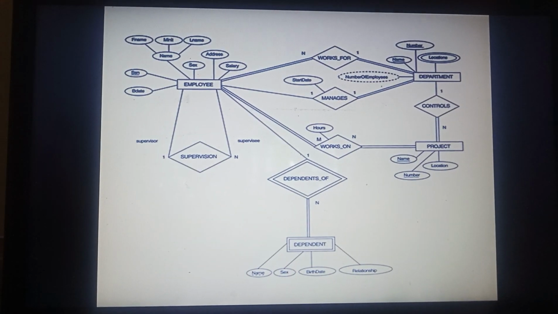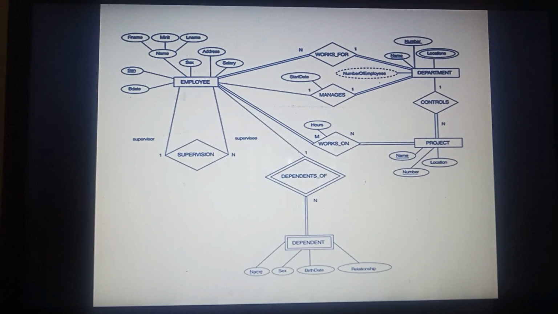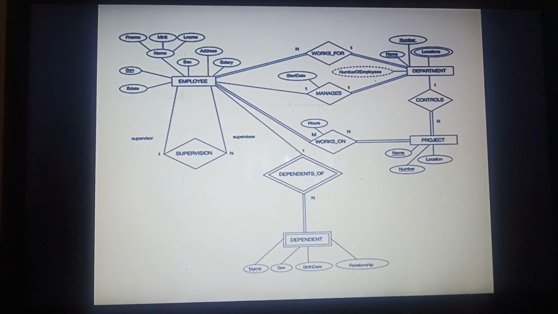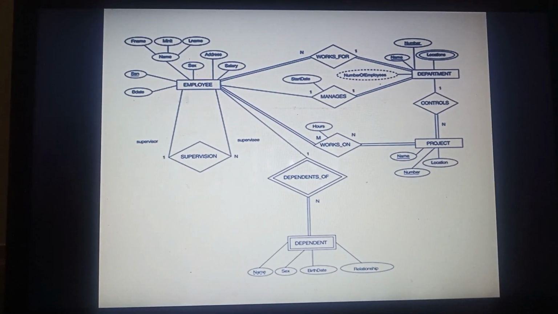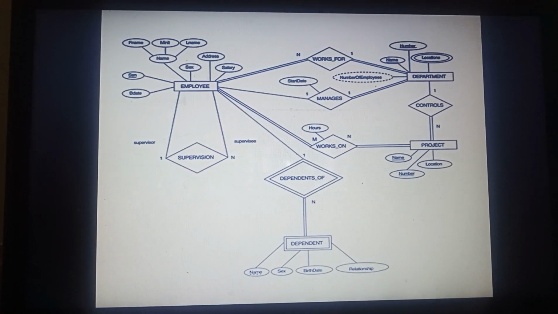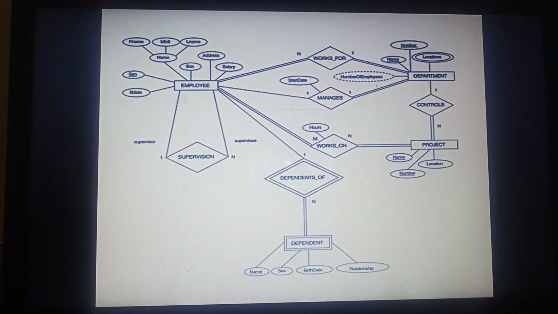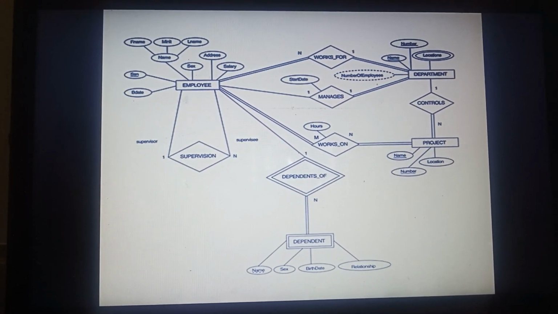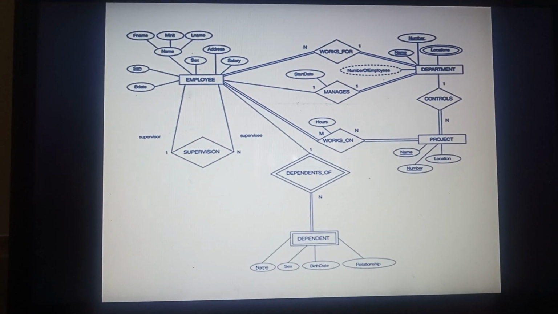What we will do is, as you can see, there is only one multi-valued attribute in our ER diagram, and that is on the department entity. The locations attribute on the department entity is a multi-valued attribute.